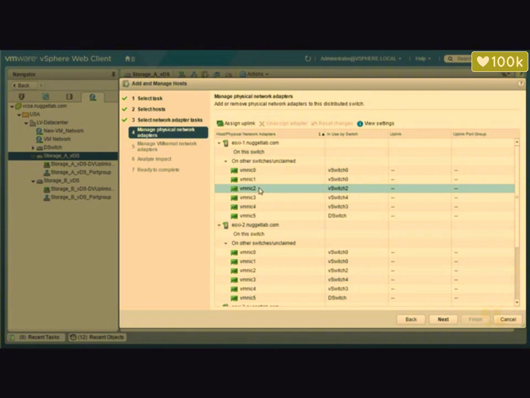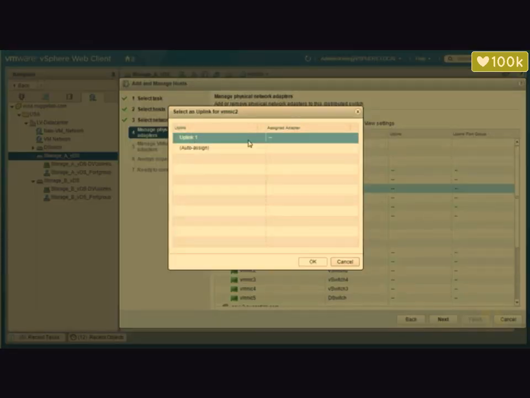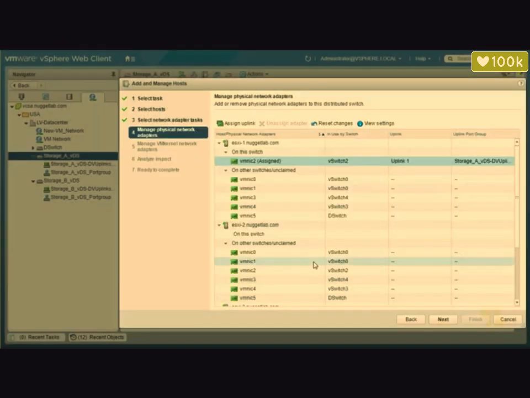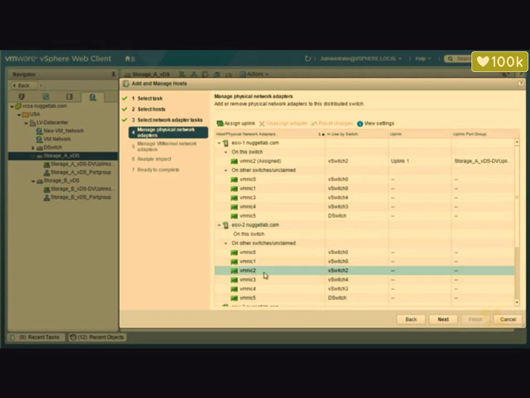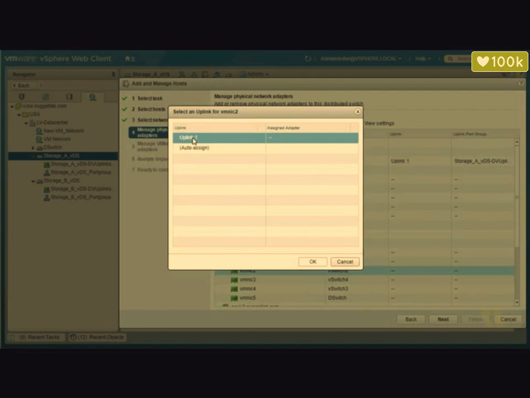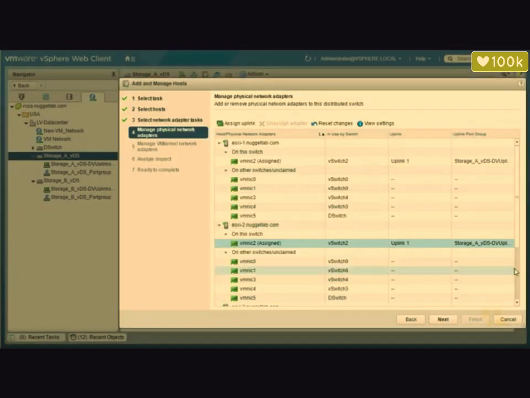So we'll select VMNIC2 for ESXi1 and click Assign Uplink. We'll go ahead and click on Uplink 1 and click OK. And then we'll repeat that for ESXi2 and ESXi3. So for ESXi2, we'll select VMNIC2, click on Assign Uplink, click on Uplink 1, click OK, and then we'll scroll